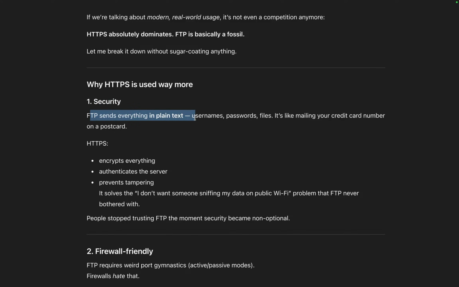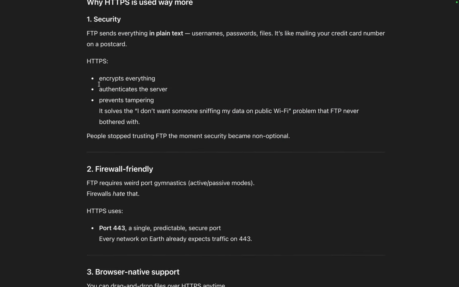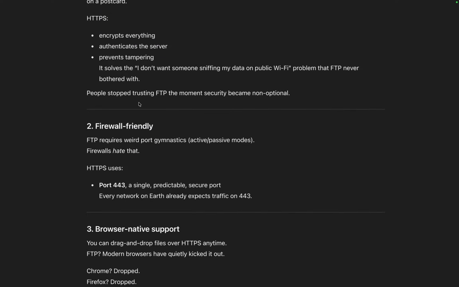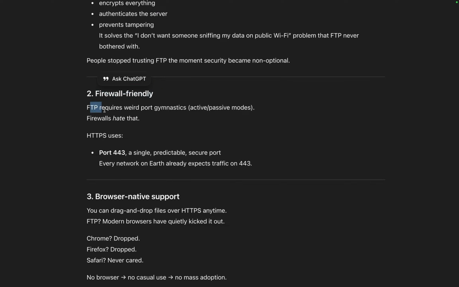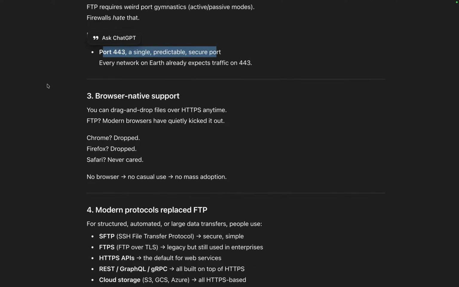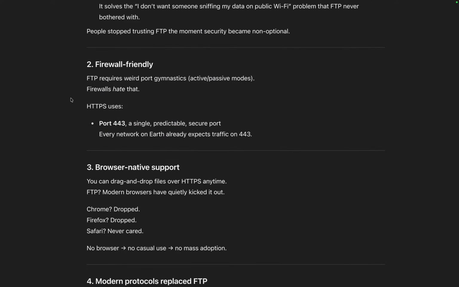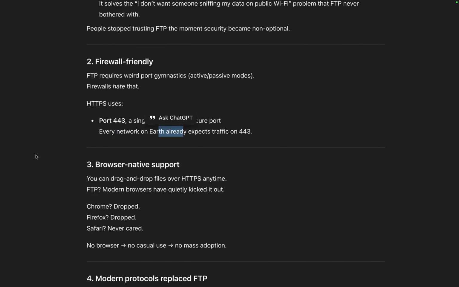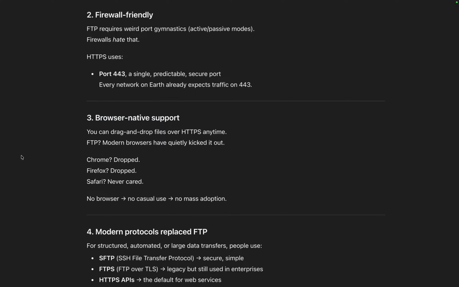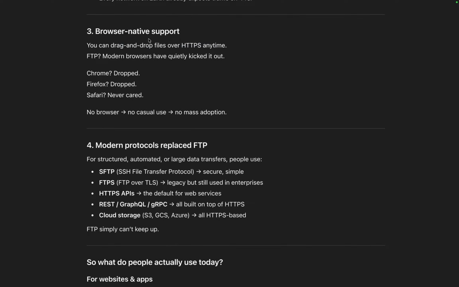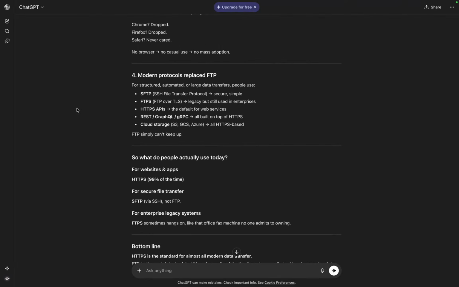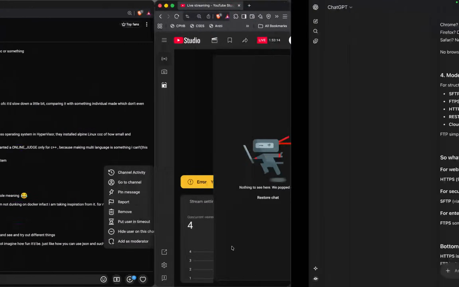FTP sends everything in plain text, usernames, passwords, and everything. HTTPS encrypts everything with transport layer security. Firewall friendly: FTP requires weird port gymnastics, active and passive modes. Firewalls hate that. HTTPS doesn't need its own special port, since firewalls already expect traffic on 443. Browser native support: yeah, browsers natively support HTTPS. So we use HTTPS for file transfers,